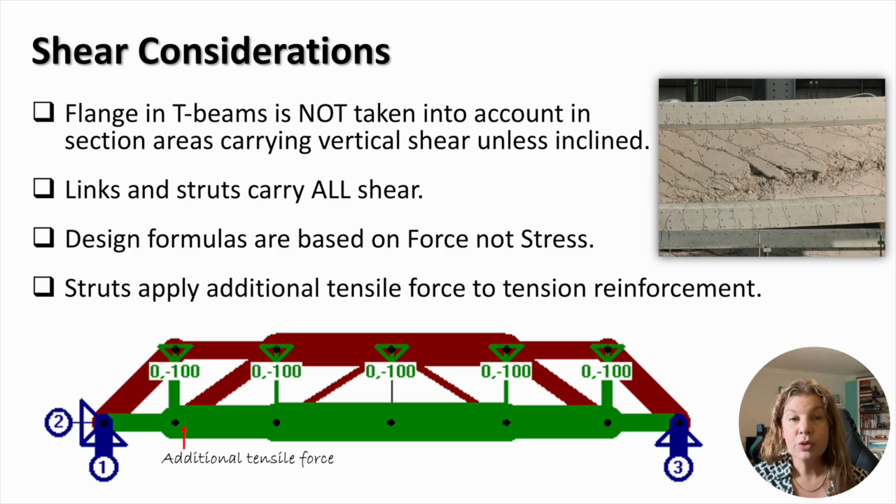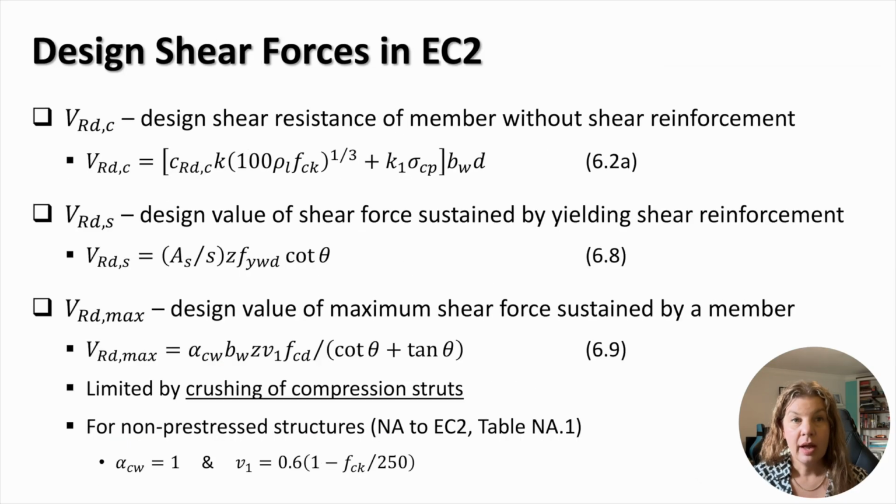The formulas used in the design for vertical shear are generally based on forces rather than stresses. The application of the truss model for the shear design results in additional tensile forces applied by inclined compression struts to tension reinforcement. The vertical shear design is based on 3 parameters, including V_Rd,c, which is the design shear resistance of a member without shear reinforcement,